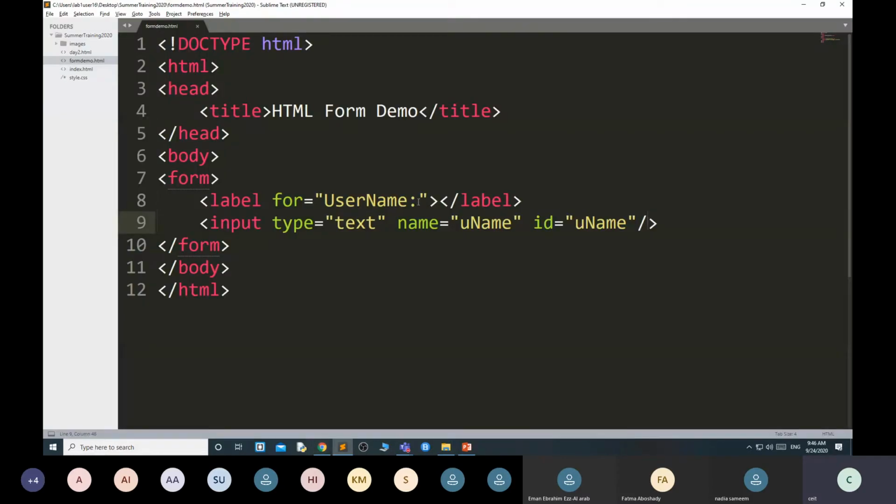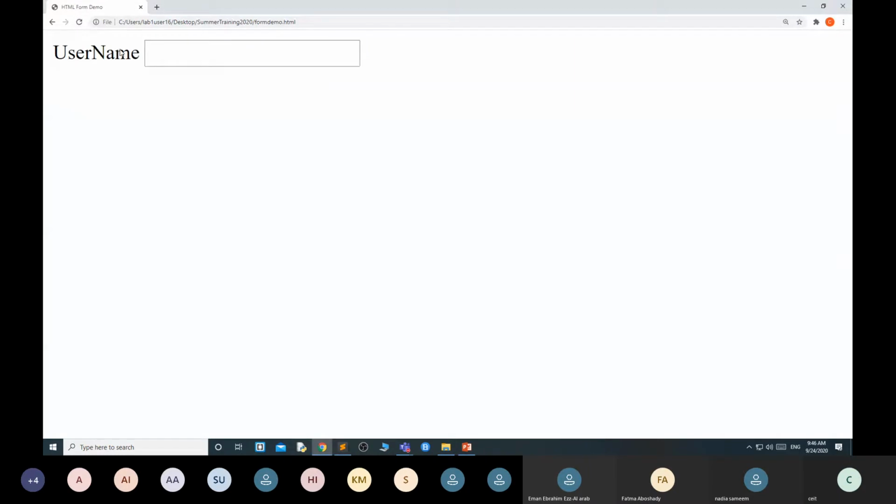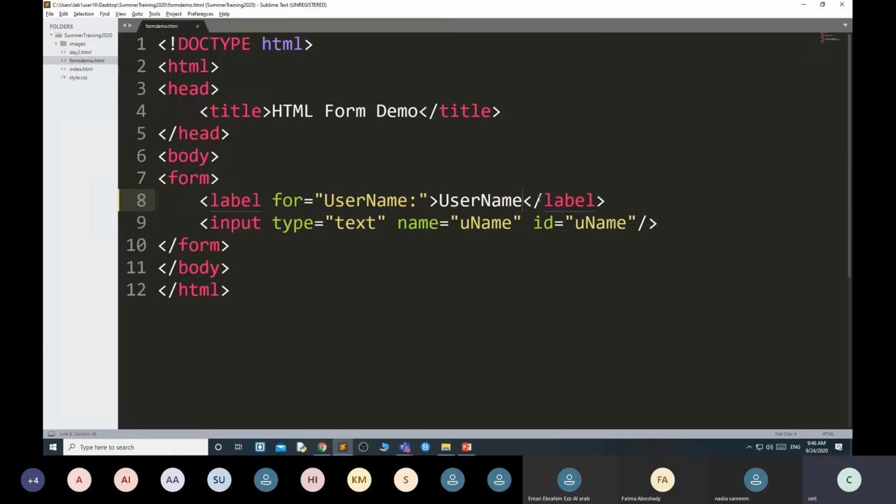Label, why is it not showing the label for username? Okay. Here you have to write user name. Okay. This is the input type. Text means here you can input the text.